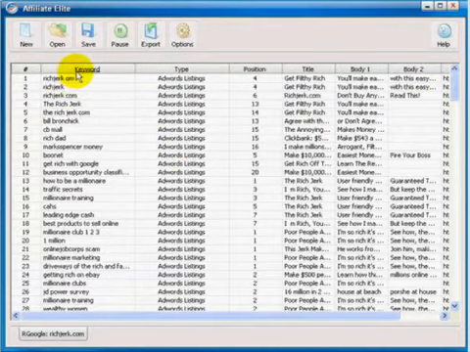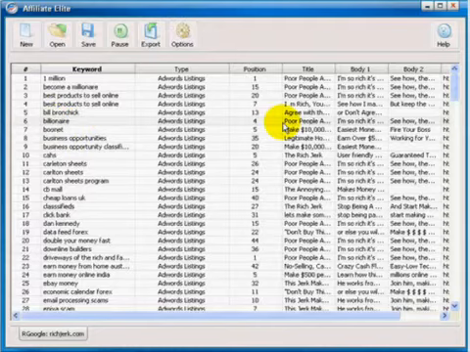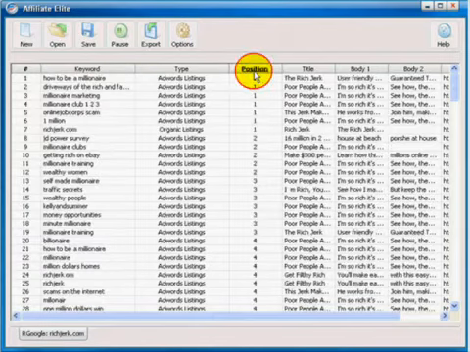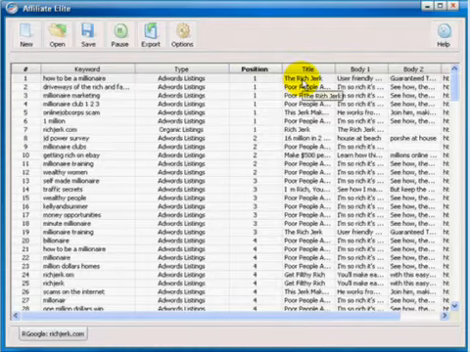and we can find out every single detail about each and every one of these. For instance, we can sort by keywords. So, if we're looking for specific words like billionaire to see whether or not those are successful as keywords, we can look those up. Now, each of these ads will vary over time. This ad's showing at number 1 right now, but that's going to change from day to day. But you can track exactly what's happening with any ad.